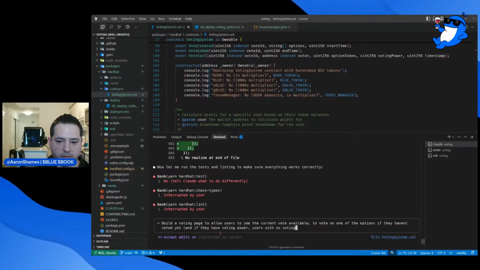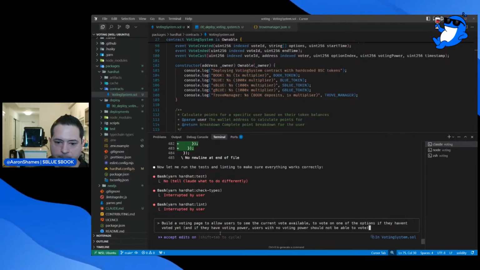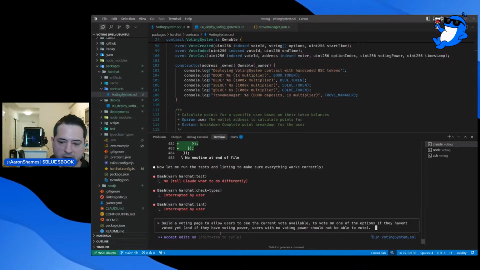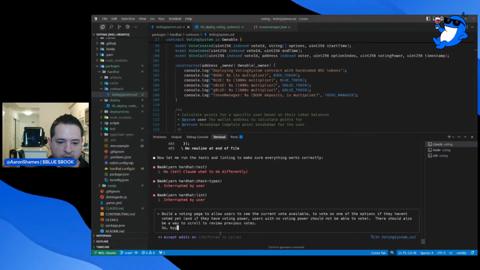Users with no voting power should not be able to vote. Looks good to me. There should also be a way to scroll to review previous votes. So by default, we should show